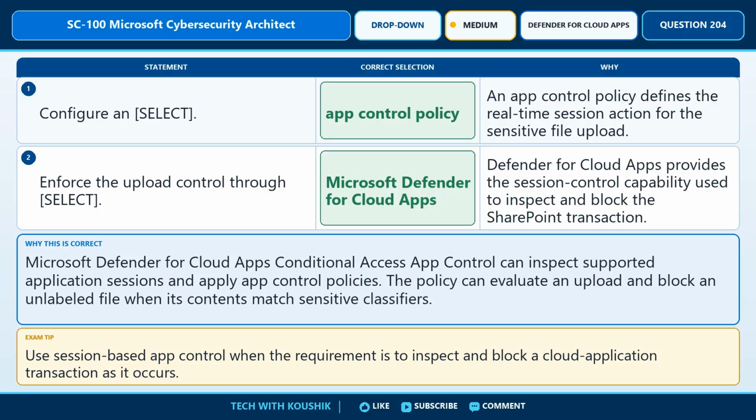For Statement 1, the correct selection is App Control Policy. An app control policy defines the real-time session action for the sensitive file upload. For Statement 2, the correct selection is Microsoft Defender for Cloud Apps. Defender for Cloud Apps provides the session control capability used to inspect and block the SharePoint transaction. Exam tip: use session-based app control when the requirement is to inspect and block a cloud application transaction as it